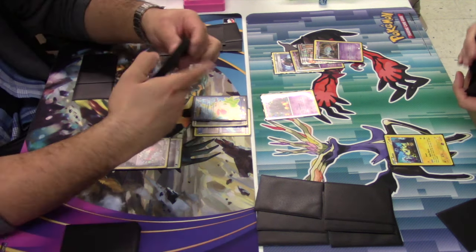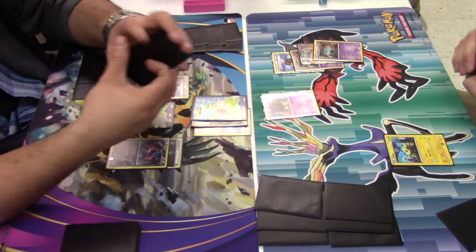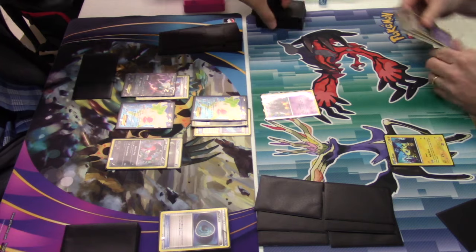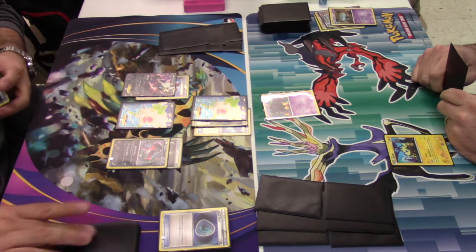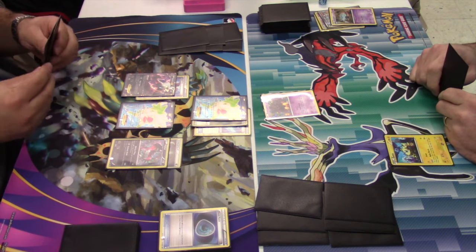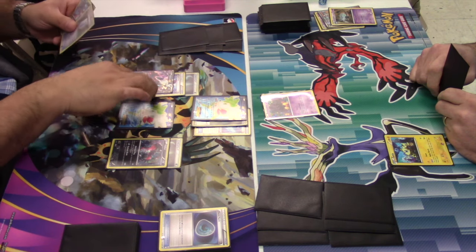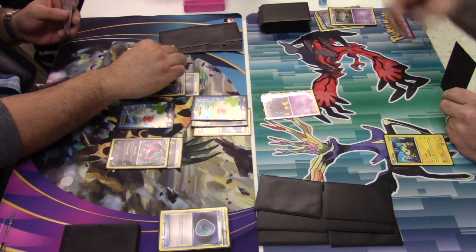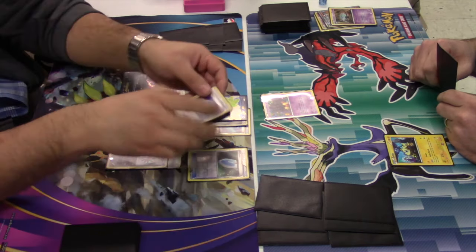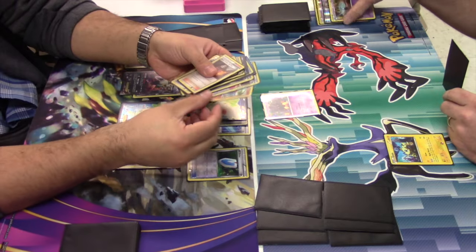Usually these type of tournament decks are going to run 4 VS Seekers, and by running 4 VS Seekers, it does give you an opportunity to try and pull a supporter from the discard. But because of that Ghetsis, he has limited the power of his Night March. He's going to play the Dark Energy on the Darkrai and VS Seeker. Now he's playing the